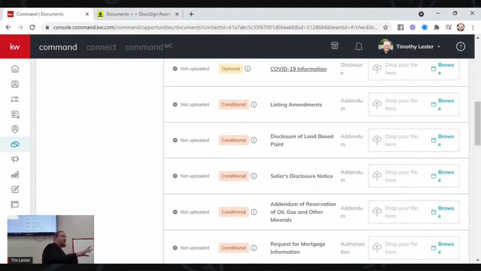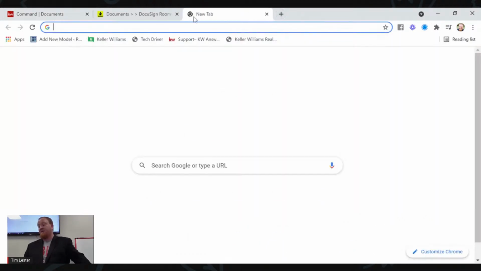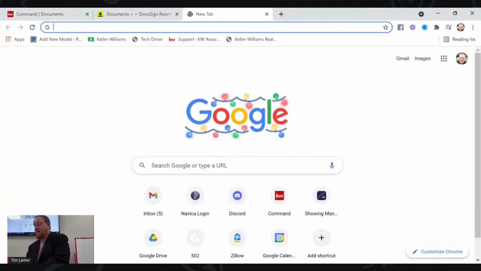All right, seller's disclosure notice. Now, you'll notice that I don't do the seller's disclosure notice in Docusign, and neither should you. It is very difficult for the client to fill out because it's a lot of little tiny things to click on. A lot of people will print it out and hand it to them. You should not do that either. Instead, our office has an agreement with Seller Shield. We pay for this. So if you go to sellershield.com,